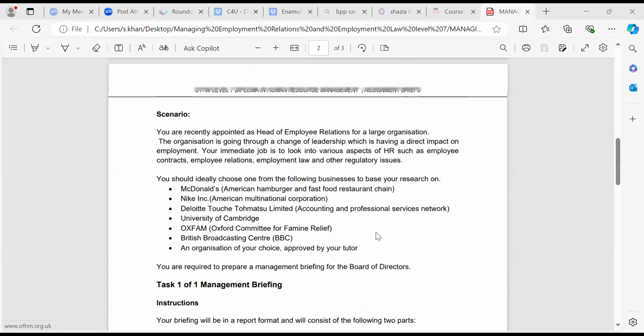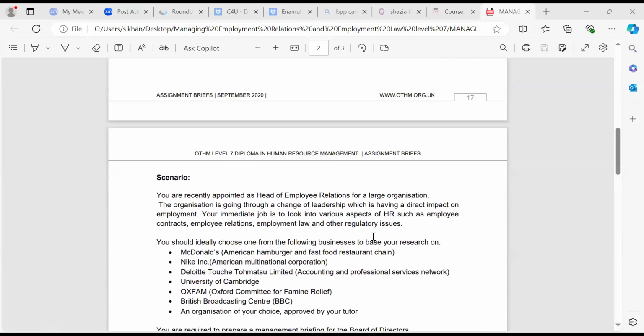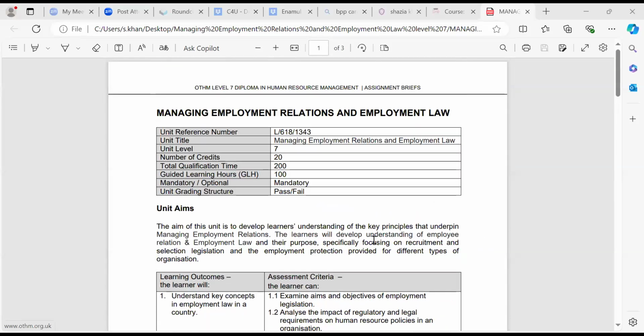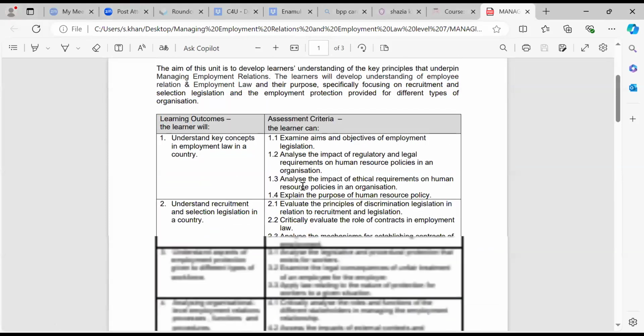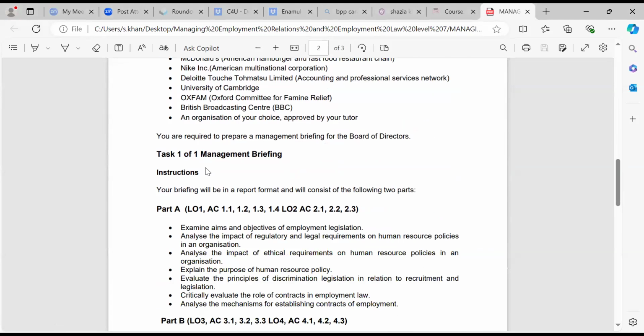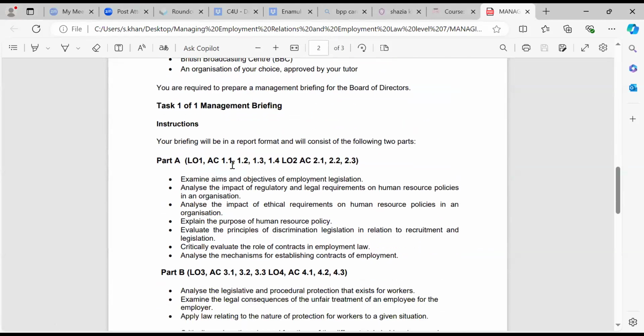So this is what is on Moodle, and the aim of the assignment, what it's expecting you to do, exactly what I've put in the assignment discussion. So your scenario is there, what you need to do. And this is how it would be structured in your assignment. So it will have all the details on there, which if you need to put on to doing your assignment, these are all the details: the course code, the reference number, unit title, unit level. Then you will go on to the scenario, which will give you a brief description, which I mentioned earlier on the scenario. Then task 1 of the briefing, part A.